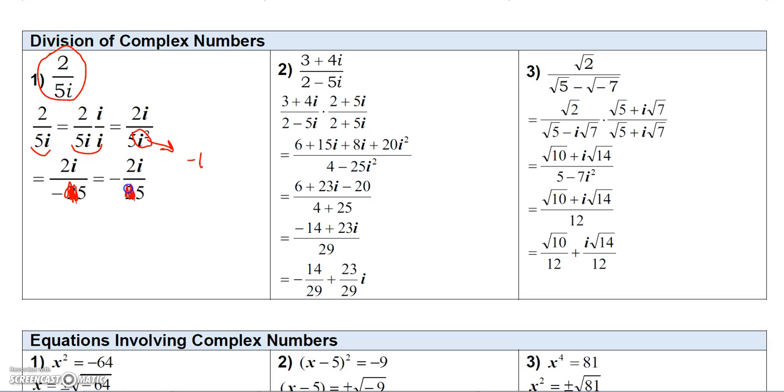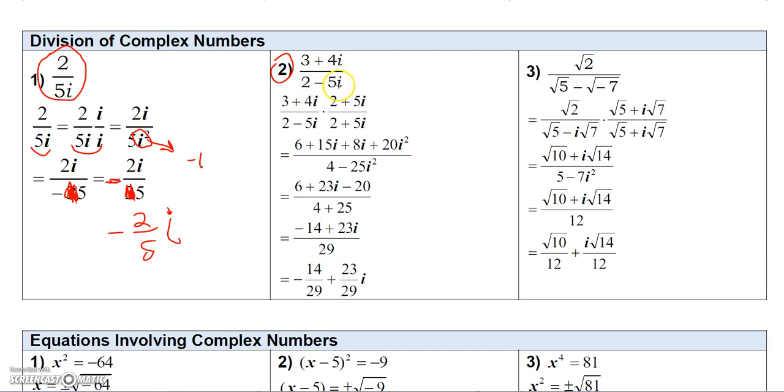And so now the final answer, if I go ahead and put the negative out here, then I get negative 2i over 5. So negative 2i over 5, or you could just say that's negative 2/5 i. If you wanted to write it like that, you could write it like that. Okay. Alright, so the next one here, it's when your denominator contains a true complex number in the form of